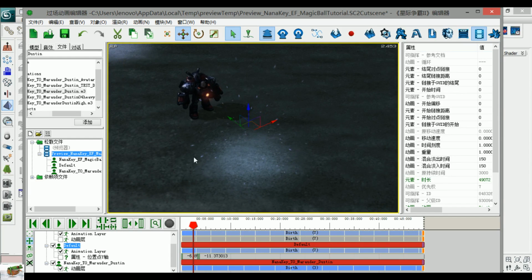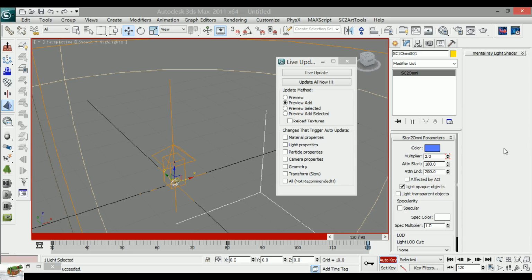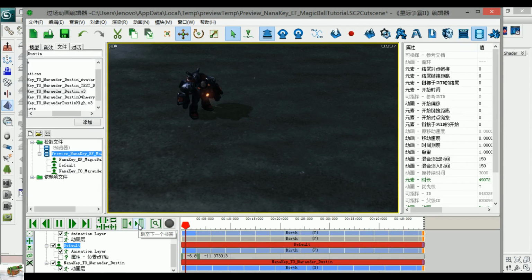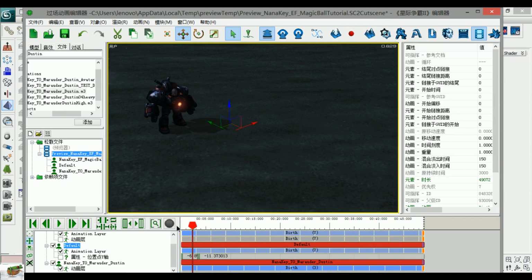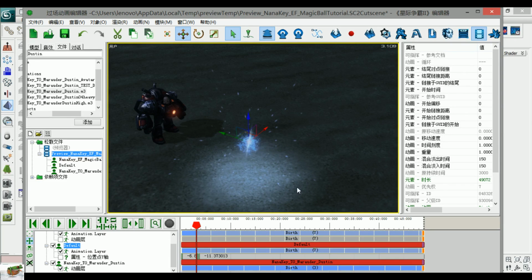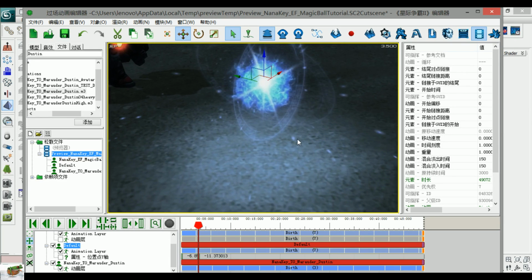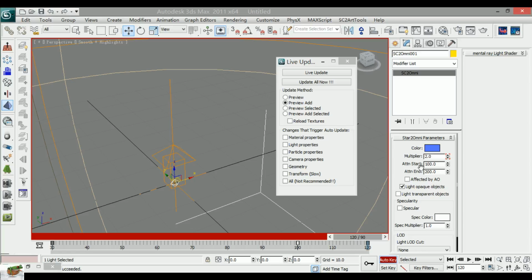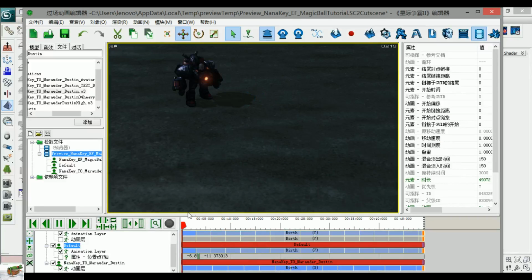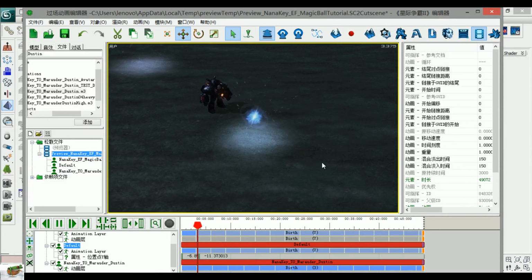Okay. You can see it still needs some adjustment. I think it's enough. Okay. You can see when the plasma appears, the light becomes brighter, and it looks good. And change it more. I think that's good enough this time. Okay,